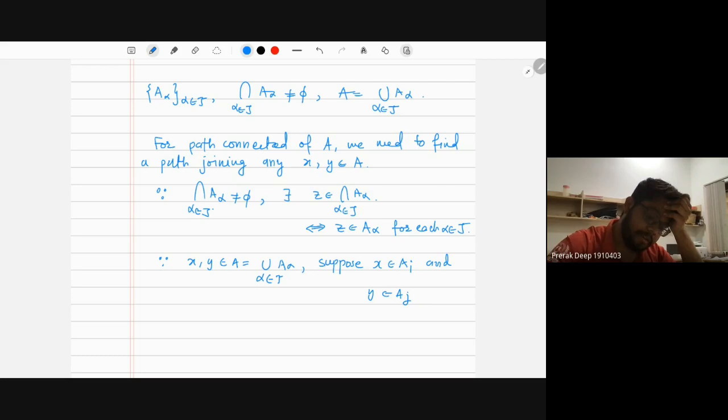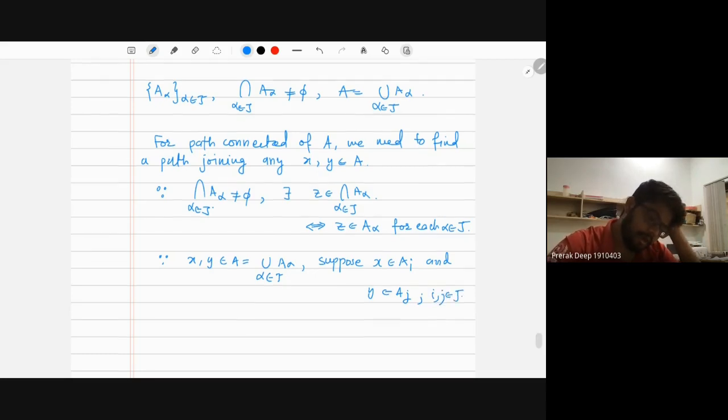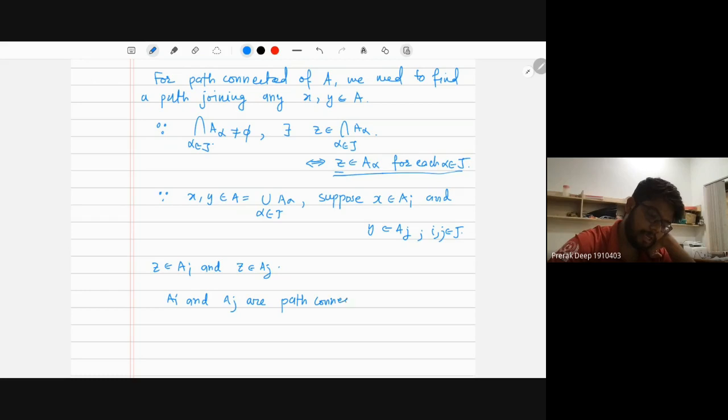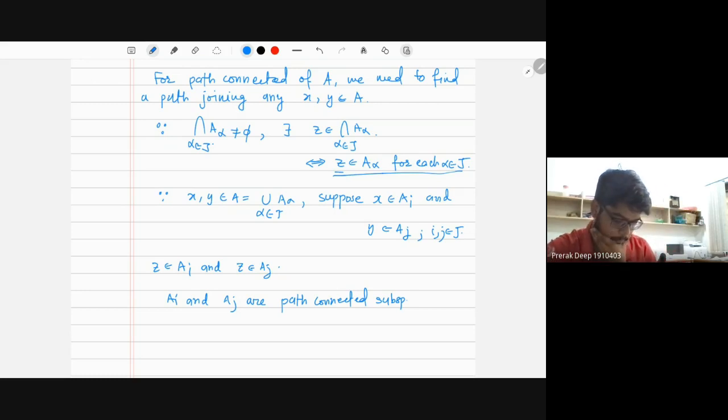Let me take a better notation, ai and aj for i and j in capital J. Now because z is part of all the A alphas, z is also in ai and z is also in aj, and we know that ai and aj are path connected, because we started with a collection of path connected subspaces of X. So there exists a path